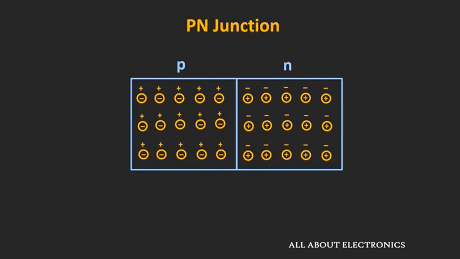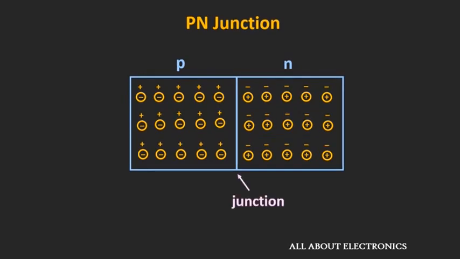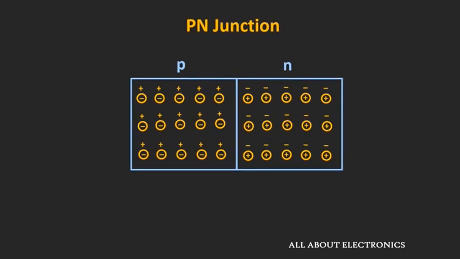But by doping one side of a silicon crystal with a p-type impurity and the other side with an n-type impurity, we can convert this silicon crystal into a p-n junction. Here, this junction is the border where the p-type and n-type regions meet. This silicon crystal with p and n-type impurity is also known as a diode, because here the p-type and n-type regions act like two electrodes. So by understanding this p-n junction, we can understand all kinds of semiconductor devices.